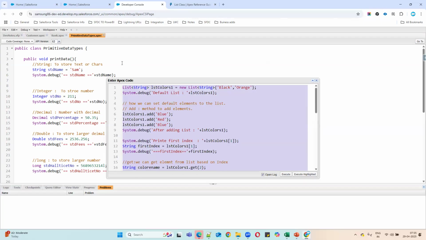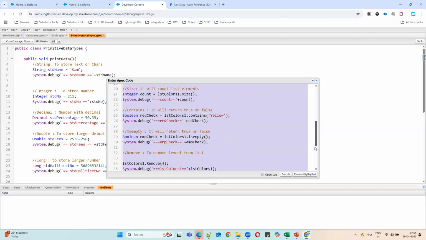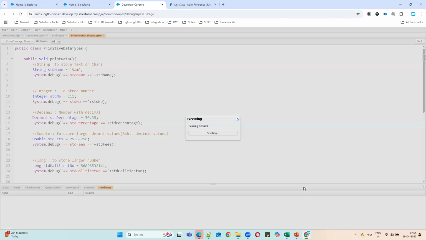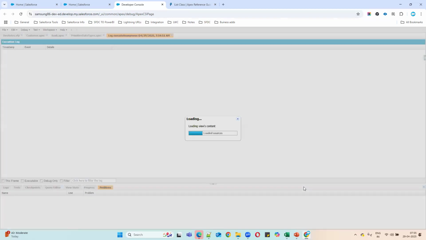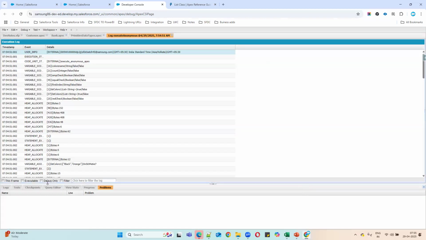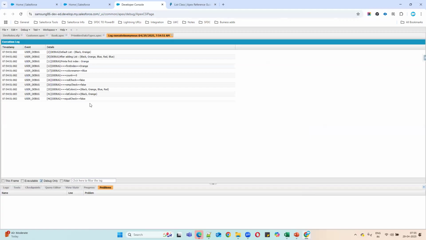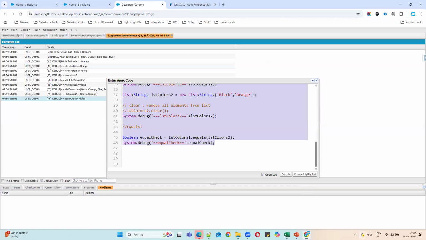Okay. So now tell me what will be the answer for this equal check? True or false? False, sir. False. Because both lists are not the same. Understand? Okay. For example, in the list of colors two,